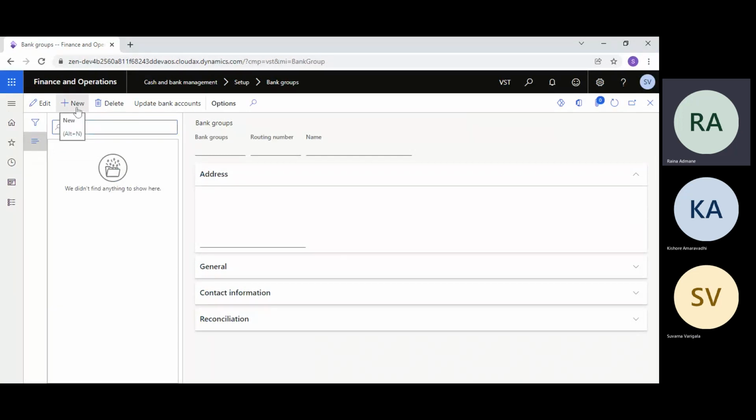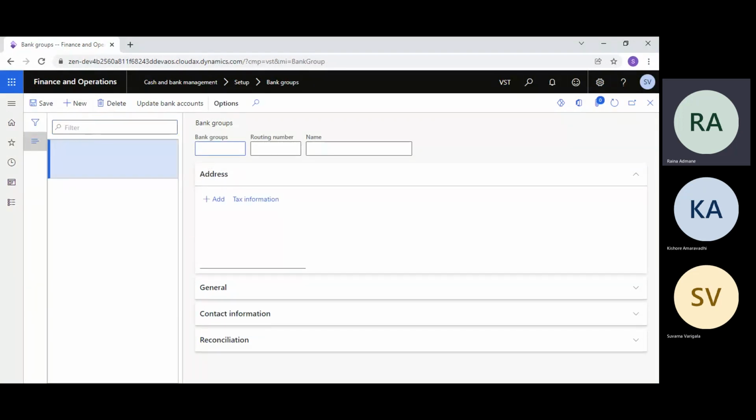So now what kind of groups will be there? Based on what kind of reports we need, we have to set up the groups. Like you want the details for saving account separately, current account separately, FD account separately, then sometimes export import accounts are different. So that kind of groups. So here you can create two groups at least, saving and current. So just give the name saving and go ahead, and also create another as current.